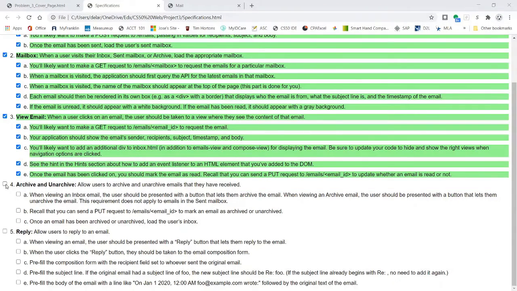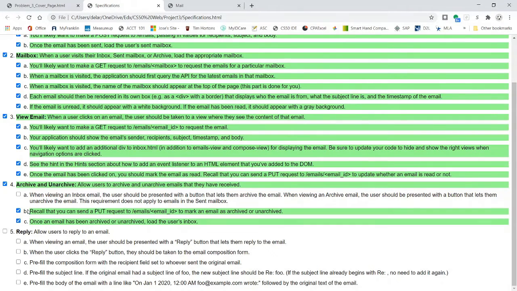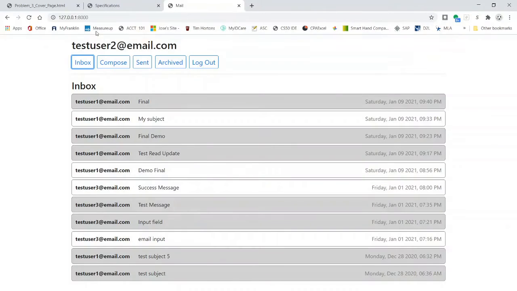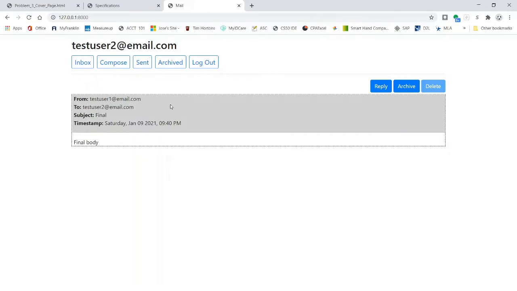Okay, specification number 4. Allow users to archive and unarchive emails that they have received. Again, we accomplish this using a put request, and essentially each user should be given an option to archive or unarchive an email unless it is a sent email, which shouldn't have that option. So we're going to go back to test user number 2, and if we go to the final email we sent to this user, we see an archive button here, and once we click it,